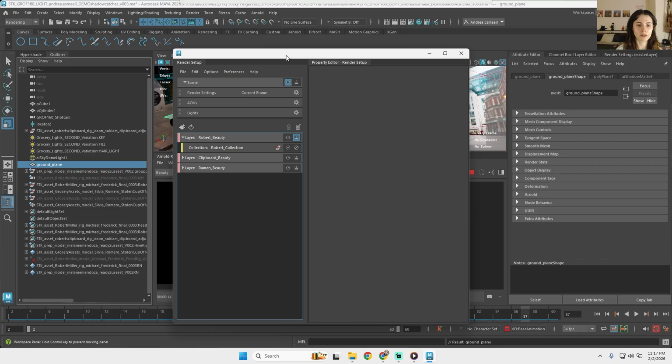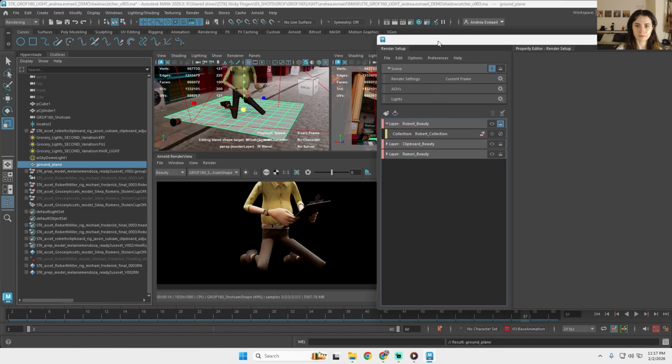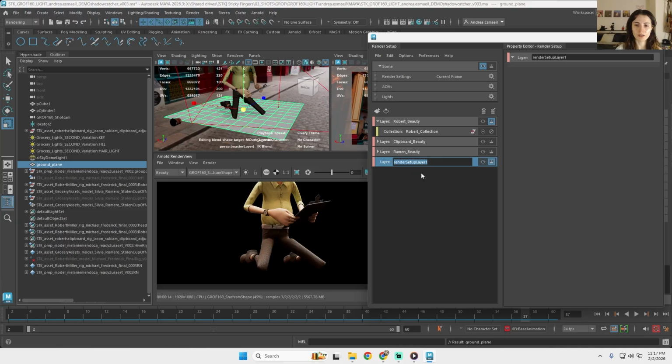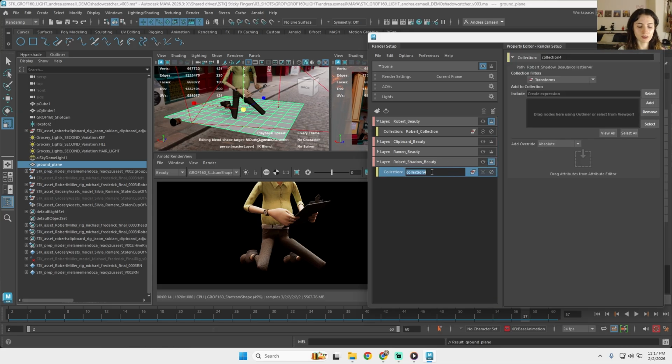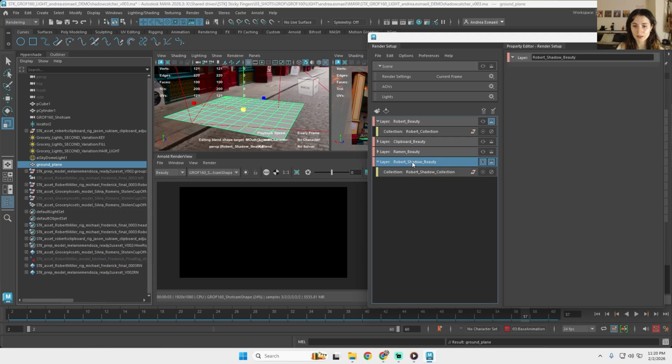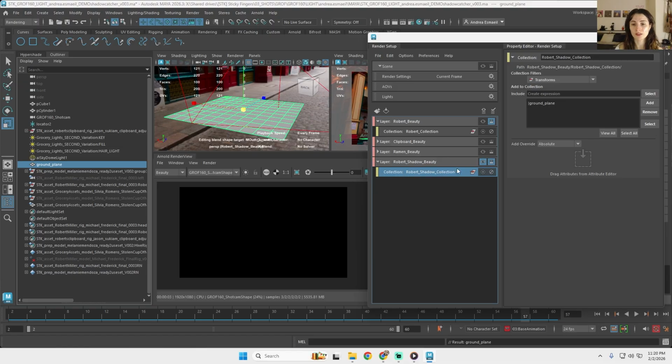And then go ahead and go into your render layers. So what you're going to do is you're going to create a new layer, call this Robert Shadow Beauty. Okay, now create a collection, call this Robert Shadow Collection, and put your ground plane into that. There you go. Now that you've created this shadow layer for Robert, as well as the shadow collection for the plane,